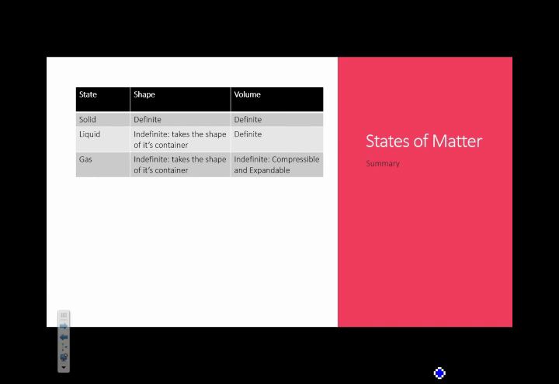That leads to some observations that we use to define what's a solid, what's a liquid, and what's a gas. So the characteristics that we look at here are shape and volume. So what does this thing do? Does it keep its own shape when we put it in a container, or does it take the shape of the container? If it keeps its own shape, then we say it has a defined shape or a definite shape. And solids are an example of a substance that has a defined shape.